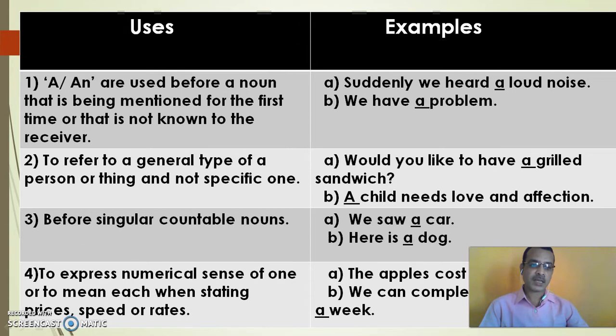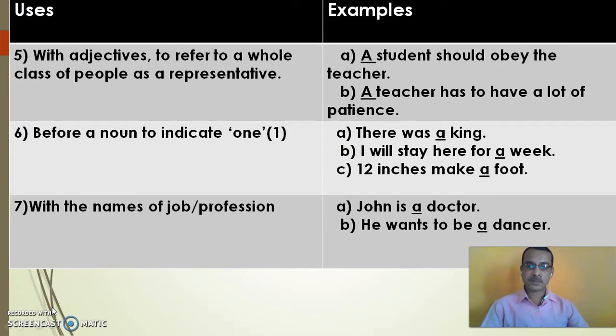So here in this noun we find it is also singular and countable. So we have used here a dozen. In the second example, we can complete the task within a week. Again, our rule is applicable here also, that is singular and countable. Week, weeks. Here week is in its singular form. So we have used here article a. So these are the rules that are very important while using articles.